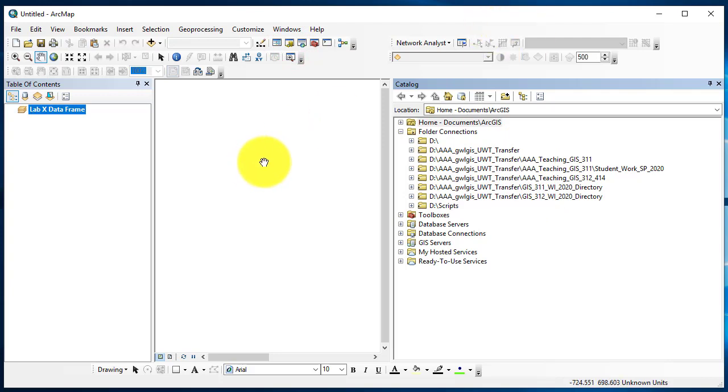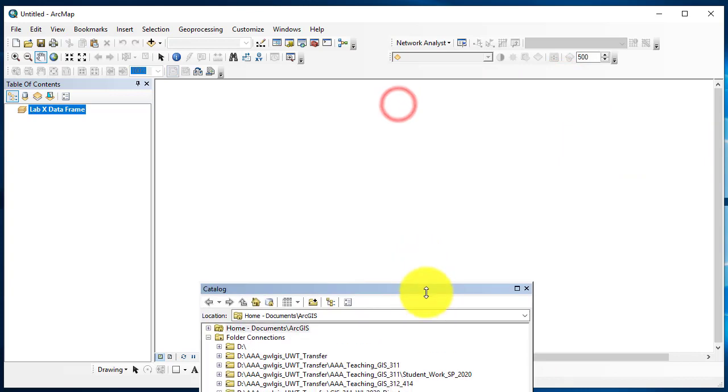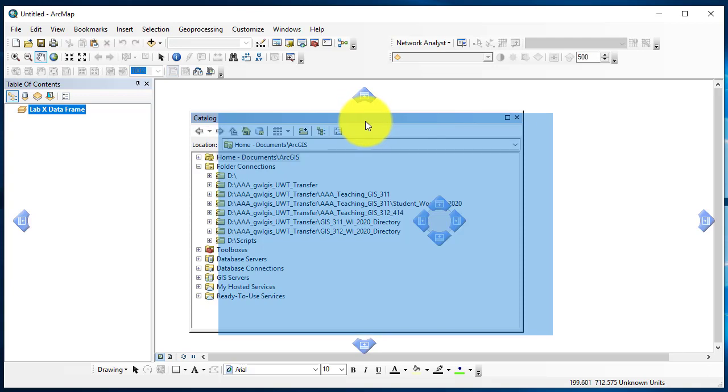And it will dock itself on the side of your screen, if that's where it was before. It may come looking like this. So it could be floating. In which case you grab the blue bar, in my case it's blue, click and hold your mouse, and as